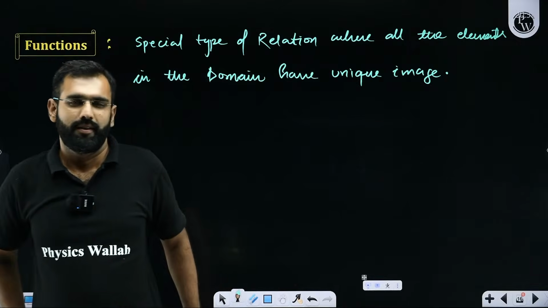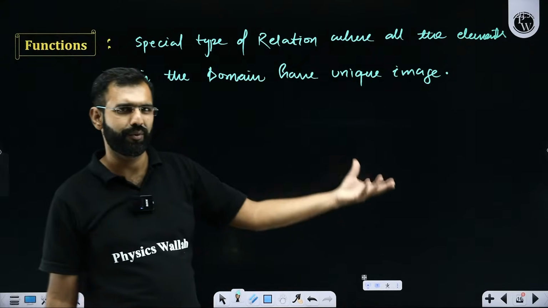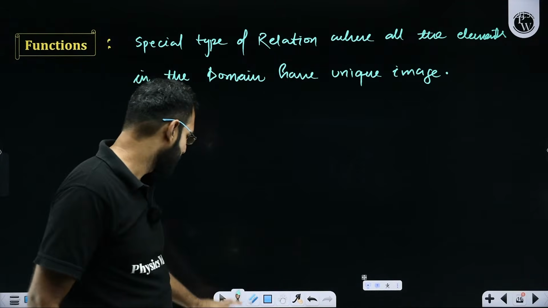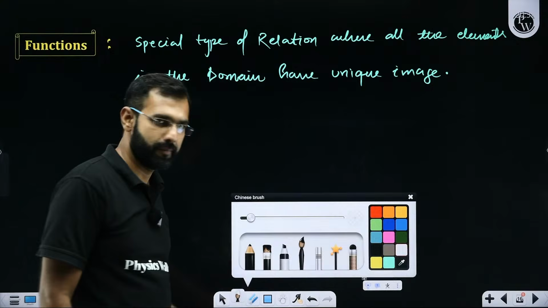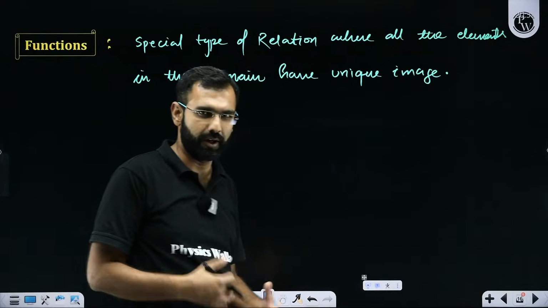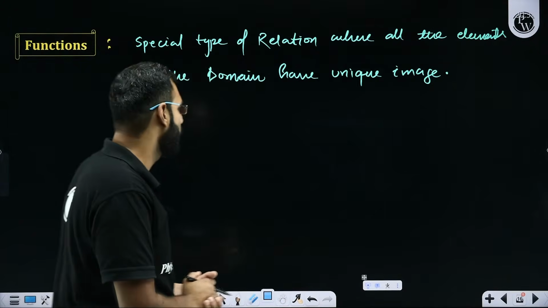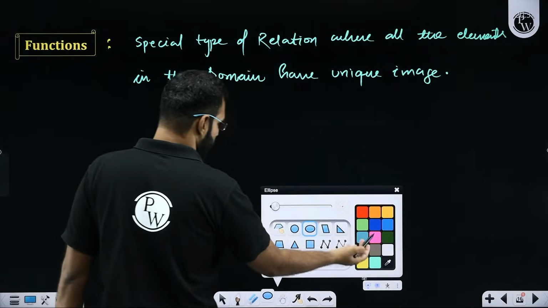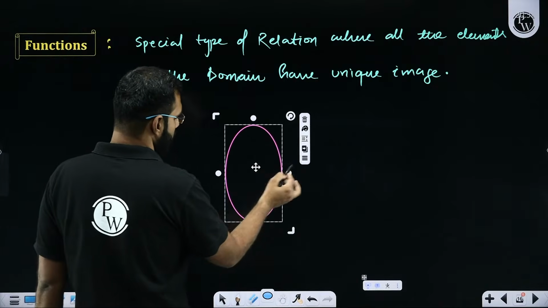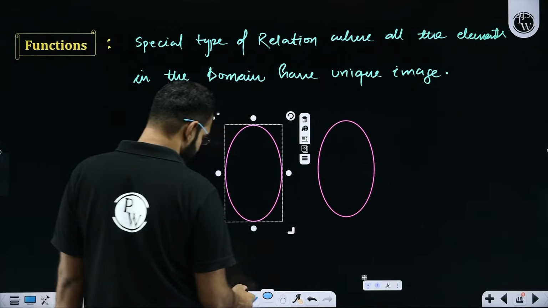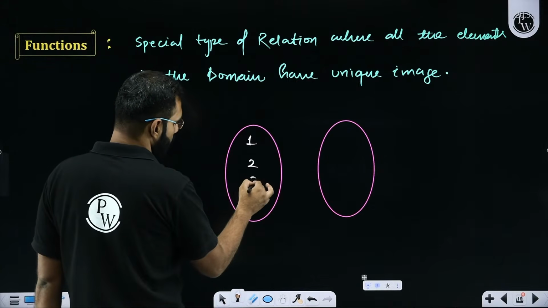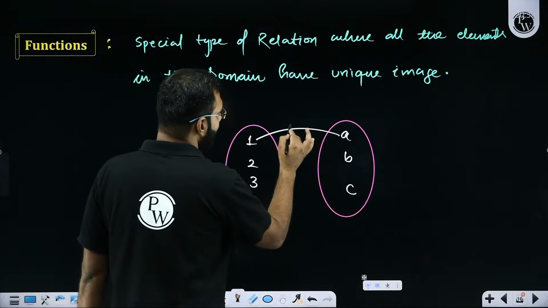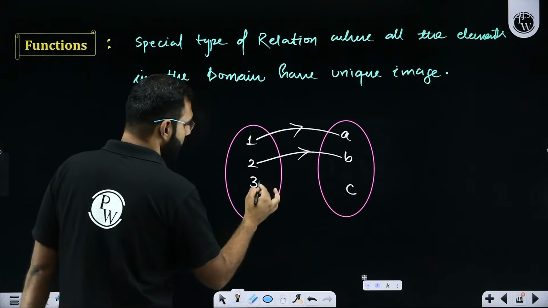Sir, this looks good in terms of definition, but I think we'll not be writing it like this. Shall I not understand it more properly? Yes, you should. Let me take some scenarios. Let me bring some cases for you, and then we'll talk about whether it is a function or not. So you help me. I'm giving you some scenarios, and you tell me whether it is a function or not. So this is the domain. This is the codomain. It has elements 1, 2, 3, 4, and the other has elements A, B, and C. So 1 is mapped with A, 2 is mapped with B, 3 is mapped with C.